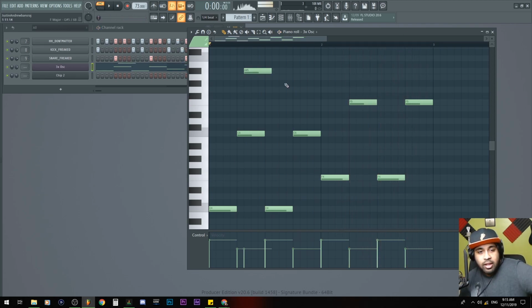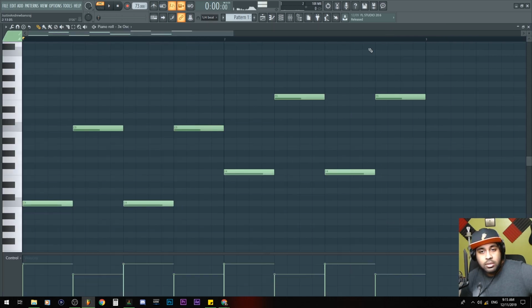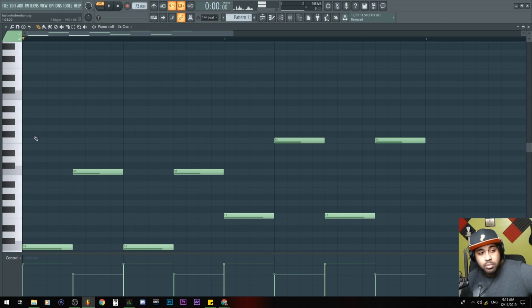To pencil in, you left click. If you are not able to be as free as a bird like this, you have to change your snap settings by going over here to this snap icon and changing it accordingly. For me, I have it set to 1/4 of a beat. So every 4 pieces will equal a beat. So 1, 2, 3, 4. That's 1/4 of a beat. If I put it to half of a beat, then there's only 2.